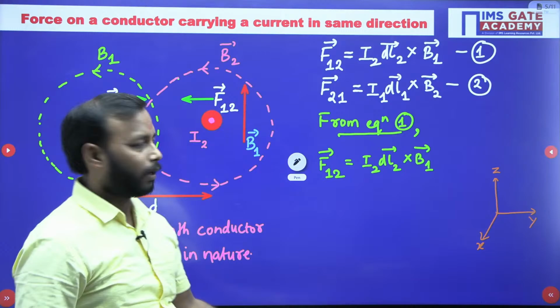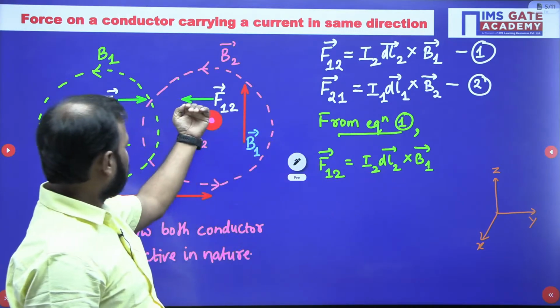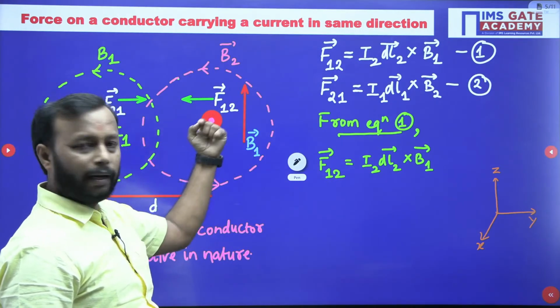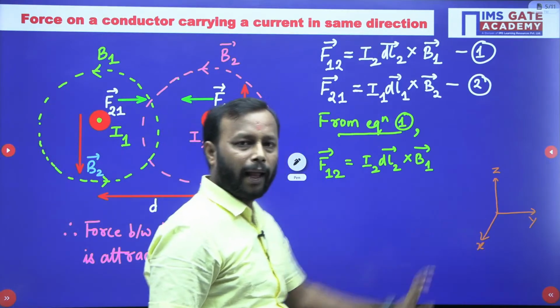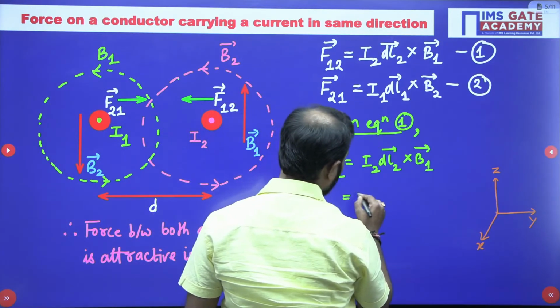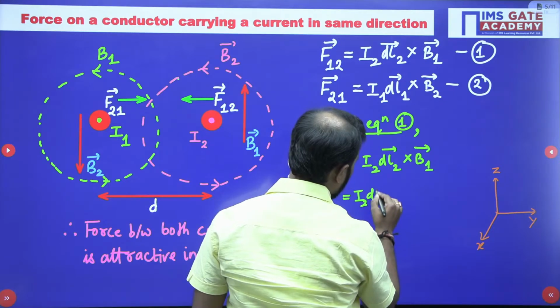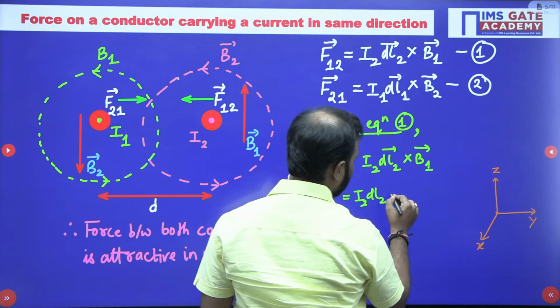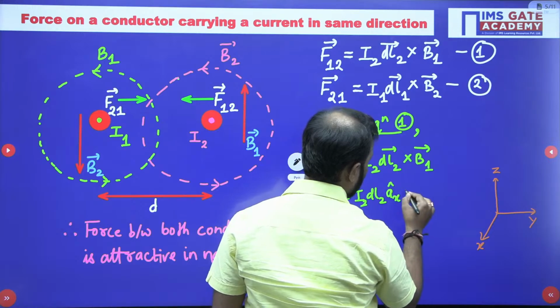ठीक है. So see, I2 del L2 in which direction? It is towards us, so it will be x. So ये कैसे होगा? I2 del L2, this is magnitude, and what is the direction? Ax cap into